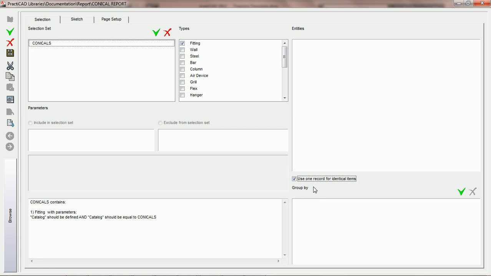Now we're going to go over the concept of grouping. There's a feature underneath the selection tab called Group By. Out of all of the features inside the reporting mechanism, this is the most important one to master and understand. Grouping allows us to design virtually any report we need, and you have to understand when to use it and